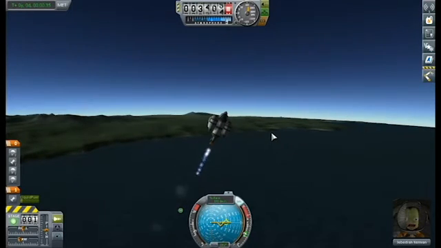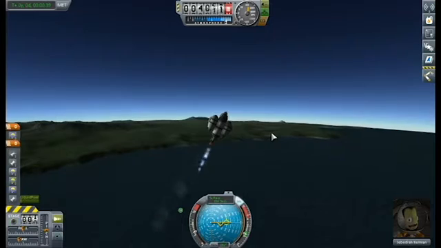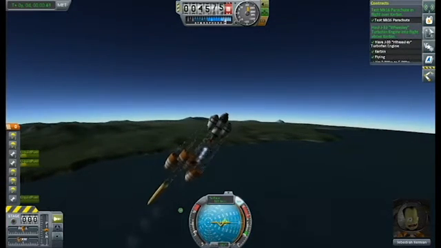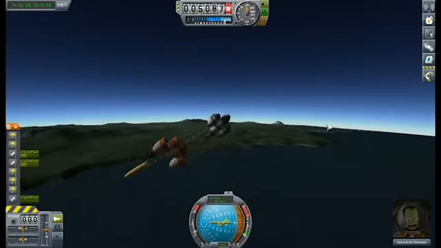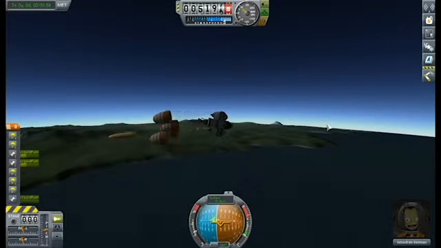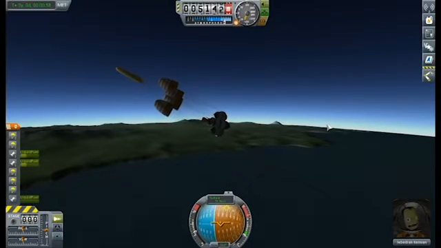Nope, we gotta go slower. And we are at altitude, we're at speed, and go! That should have got both. And it did. Turn SAS off, let this thing tumble over however it wants. It should flip over because most of the parachutes are on top, so...